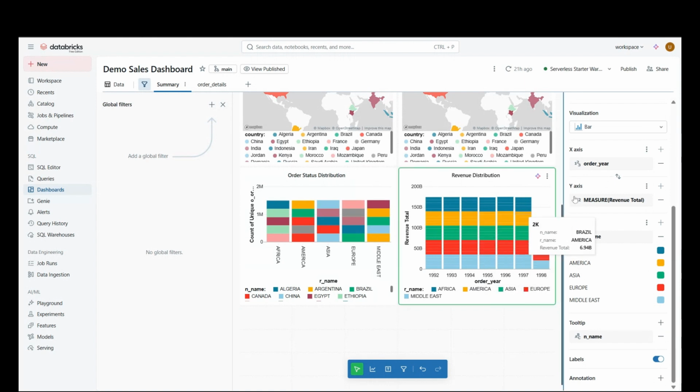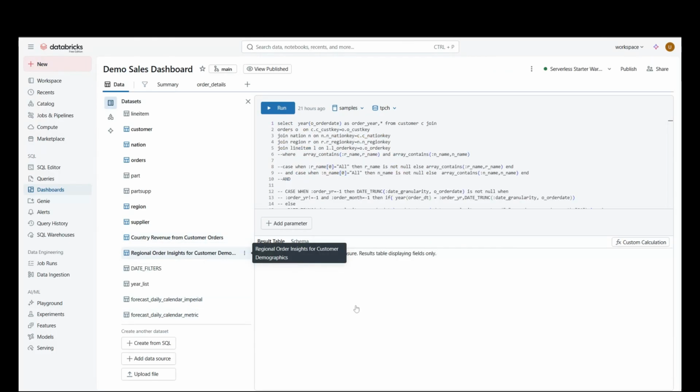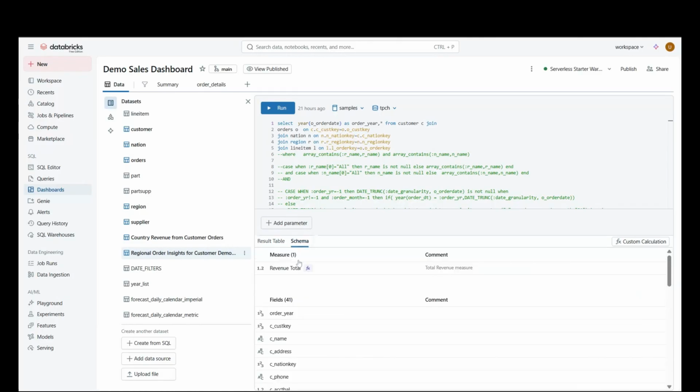So what is a measure? If you see here, we have given a measure. So what is a measure and why is it very critical? Let us go to the data and see what the measure definition is first. If you click on the schema, it will give you the measure that is getting created. So if you go and edit,